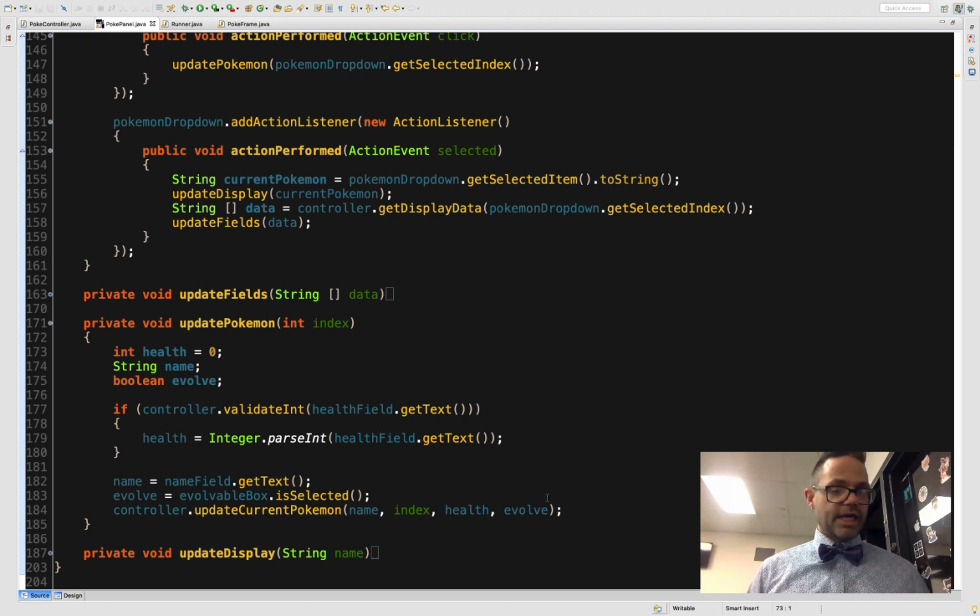I then initialize my name and evolve variables with the values from the associated fields, aka nameField.getText and evolvableBox.isSelected. So those return the string or boolean value appropriately. I then retrieve those values and send them to the controller by calling the updateCurrentPokemon method, passing it that name, the index I have selected, the health, and the evolve values,